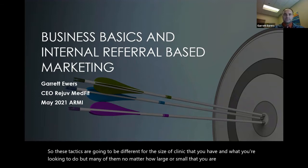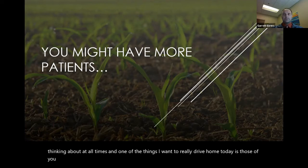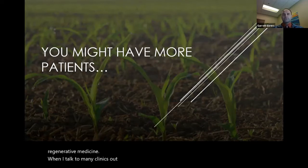at all times. And one of the things I want to really drive home today is for those of you that already have your own shop and you're looking to add regenerative medicine as one of your service lines, you have a lot more patients than you think that are ready to do regenerative medicine. When I talk to many clinics out there